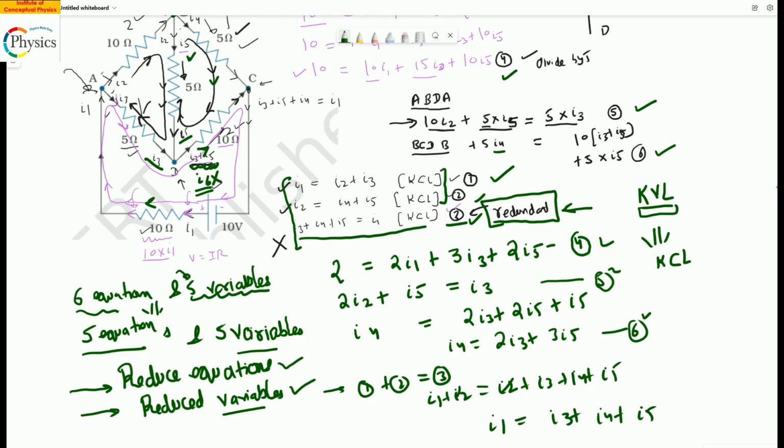Obviously, equations and variables have to be equal. You don't have a choice there. But try to reduce the equations finally, which I did. I made this redundant. Also, then work on reducing the variables. And then finally, solve the five equation, five variable, or three equation, three variable, whatever is the question, and get